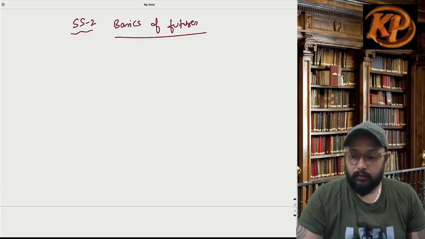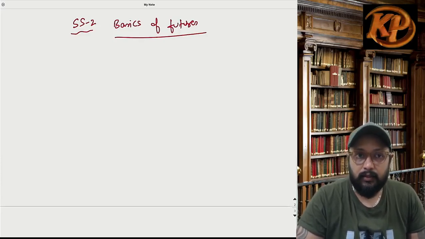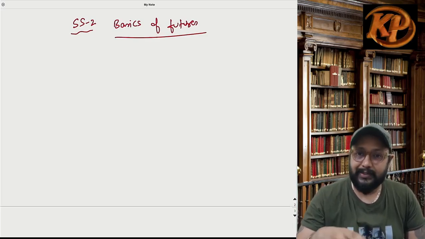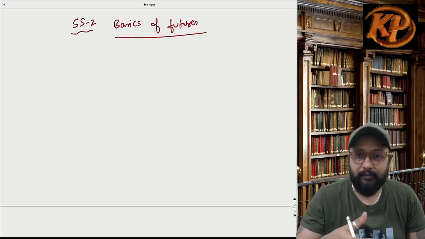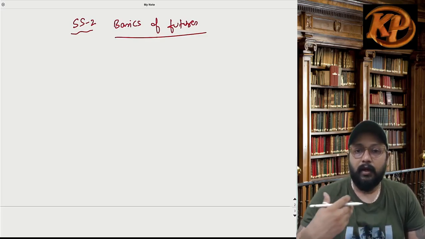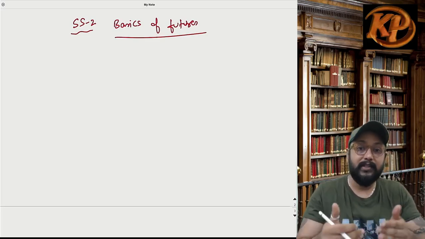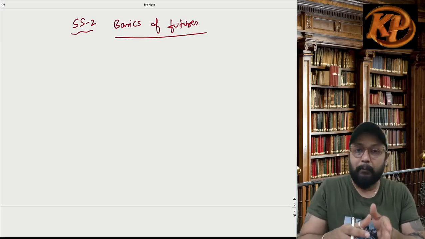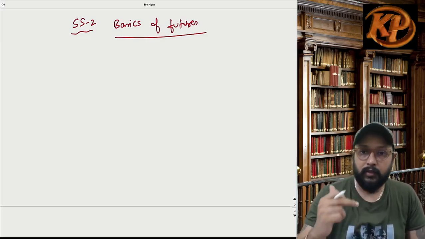Hi guys, we are now into the second study session, that is futures basics we have to study. If you remember, our first class was primarily to understand how this course will be, and we also tried understanding the basic differences between investors and traders, how you open your demat account, how you trade, how you take advantage of margins, how these advantages come at a cost of interest on margin, and how at times it might happen that you are falling short of your margin because of loss on the trades